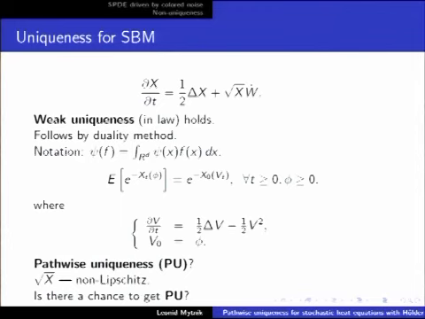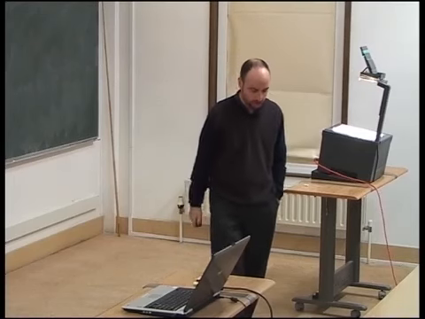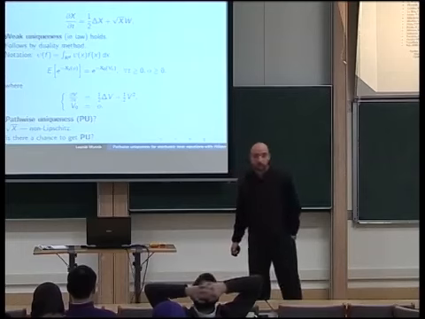It follows by a very nice duality trick, which says that the Laplace transform of any solution of this equation can be obtained via a solution of some nonlinear PDE, which has a unique solution. Since the Laplace transform defines the distribution, we know that there is a unique in law solution to this SPDE. So we know that at least in law the limit is unique, but we still don't know anything about the